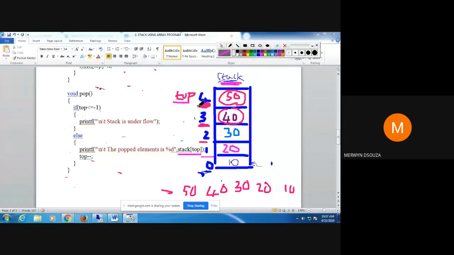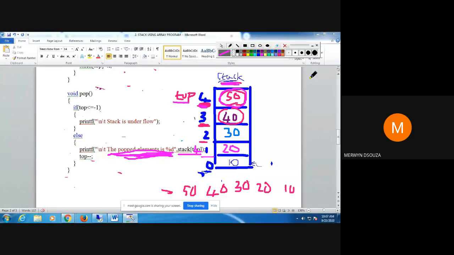What is the value of top? 4. Stack of 4, what is the value that is present? 50. That 50 gets printed here. So I print that the popped element is 50. This message will get displayed.